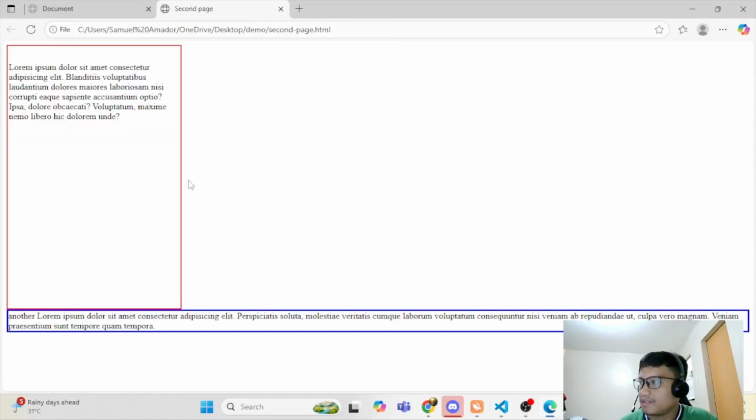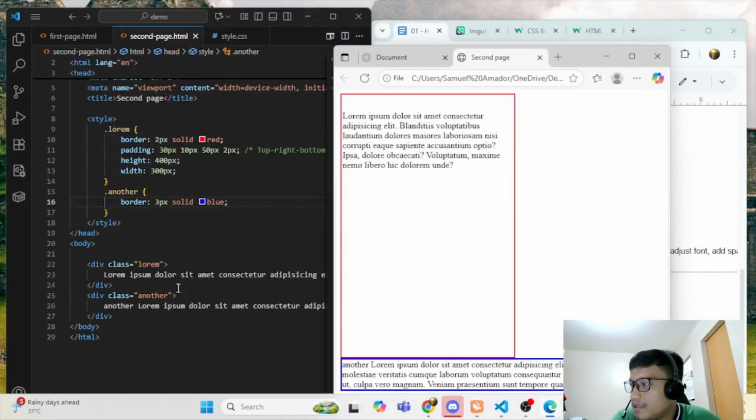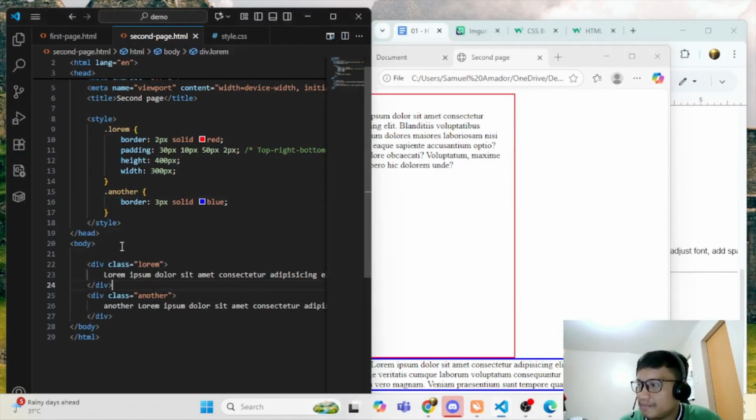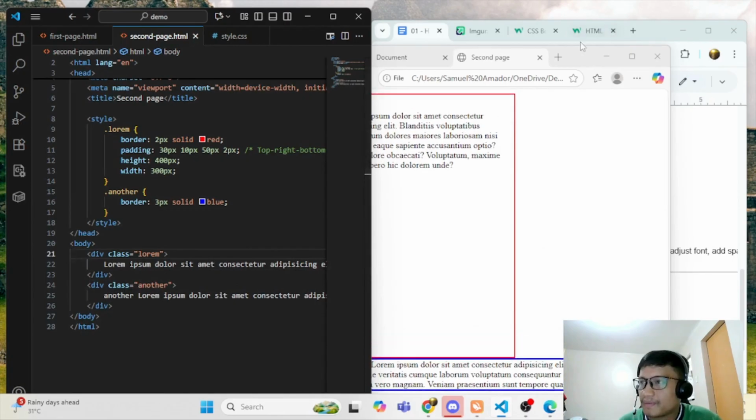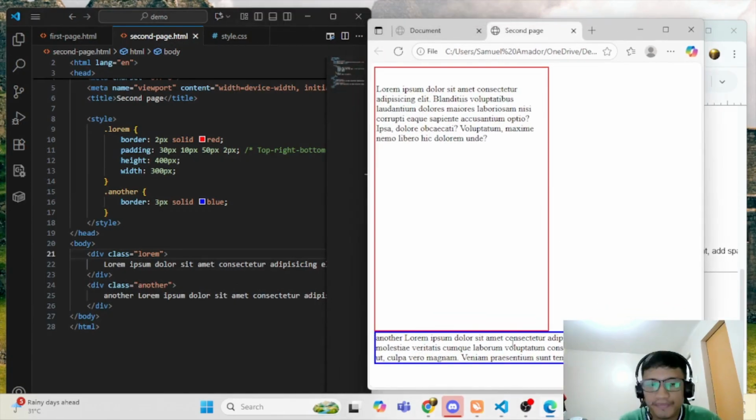Yeah, have you noticed that the second div moves downward? Yeah, it moves downward because by default, the display of the div is called block. So it means it is 100% width.